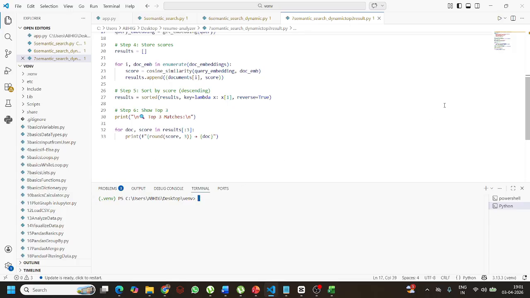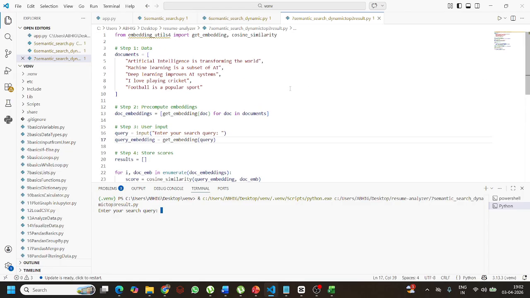So let me run it so that we can understand. Once the application runs, then only we can understand exactly what's going on, right? So we run the application. Yeah, enter the search query. So we have a database, right? We have a data set. We can say a database in that, AI machine learning. Let me write